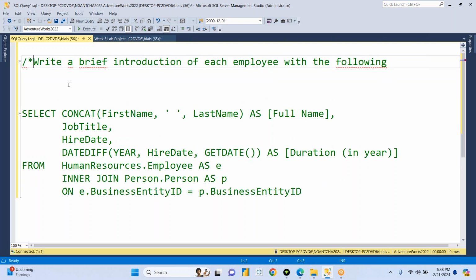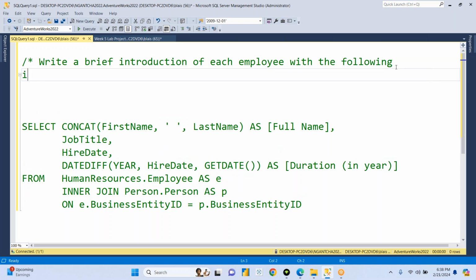So all of this information will fit in one column. So you can just read it continuously. So with the following information, right? We're going to discuss the information that we're going to combine into one statement, one sentence. So write a brief introduction of each employee with the following key information,